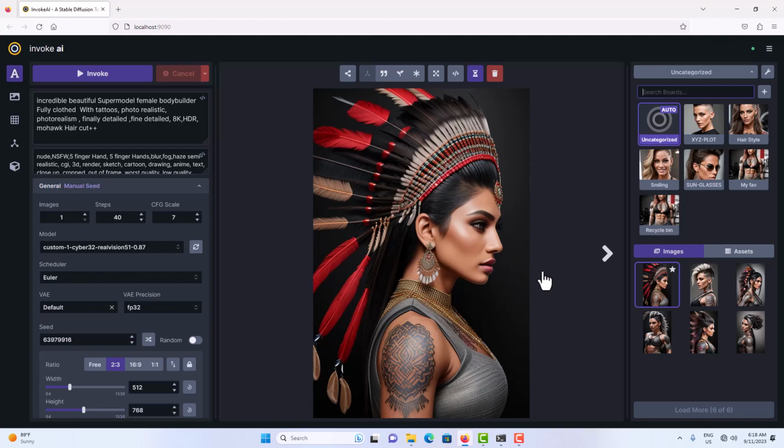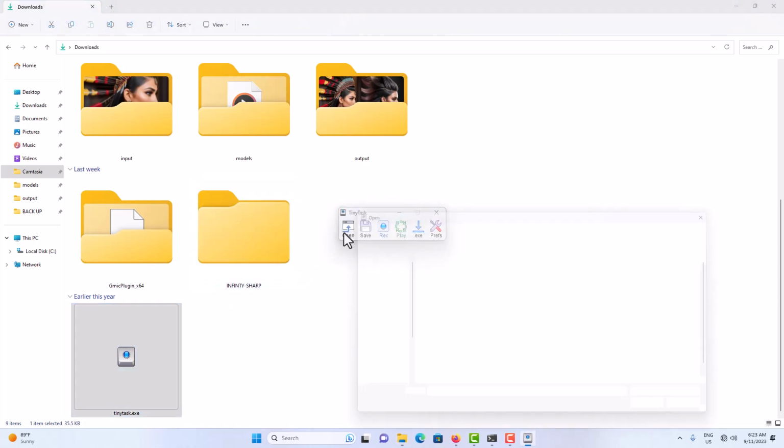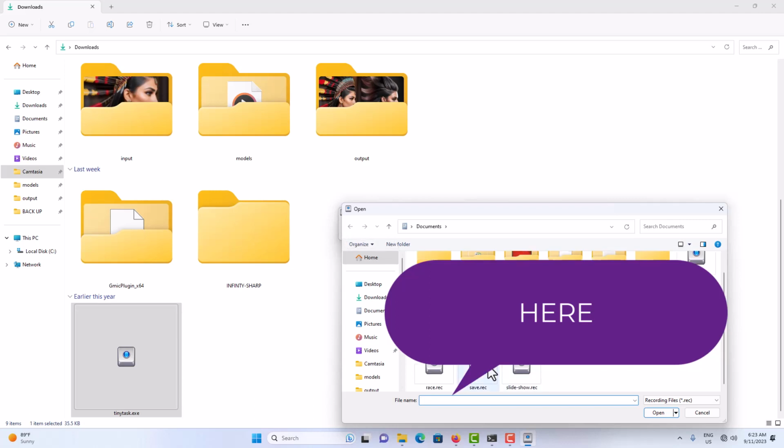Okay, I'm going to show you the error that you might get. Now I shut down Tiny Task. It's no longer running. So basically if I select here and double click it and press open, we got that one called save. We're going to open it,